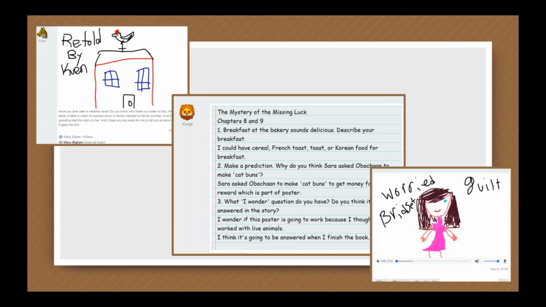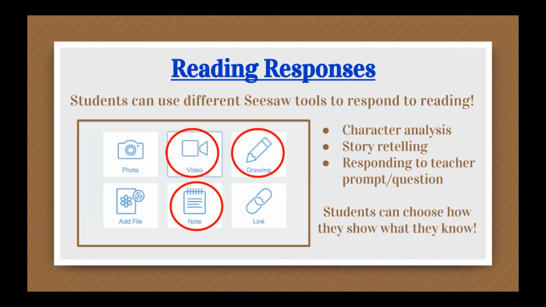Here's some examples. These are from books that are not necessarily Global Read Aloud books, but I just wanted to make sure you could see pictured how students could maybe respond to a prompt or a question in the note form. That's in the middle of the screen. And then you see a couple of different retellings of the story. At the bottom right, somebody drawing a picture and then doing an audio retelling. And then you have another drawing at the top left. So lots of ways your students can use these Seesaw tools as well as the camera when doing their reading responses during Global Read Aloud.